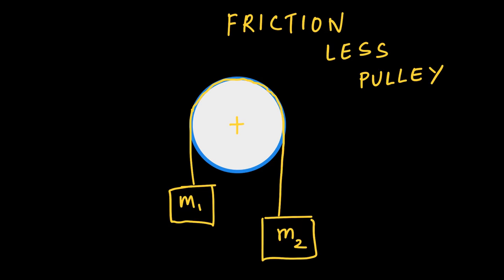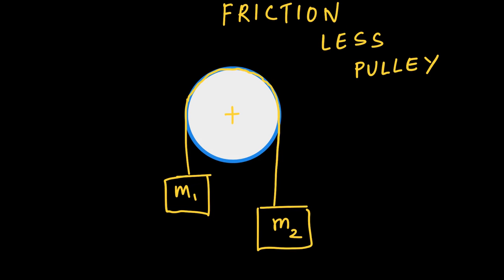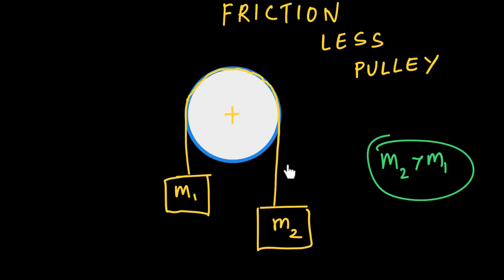So let's say I have the same system drawn over here. There is no friction between the rope and the pulley, and there is no friction at the hinge point of the pulley as well. It is interesting to note that when you have no friction, even for a scenario where m2 is greater than m1, this whole system, this rope plus these two masses, will come down this way. If you have a frictionless system, then the pulley won't move at all.